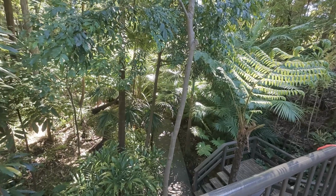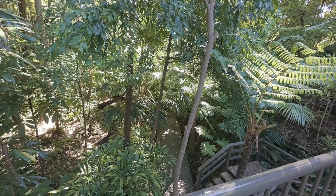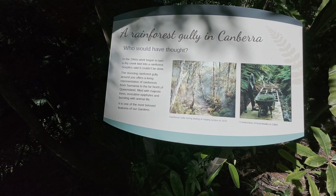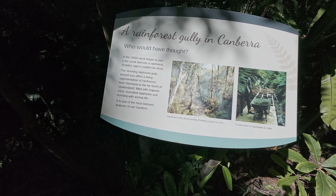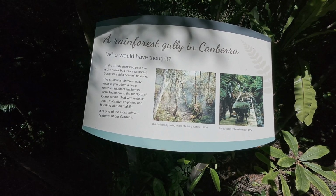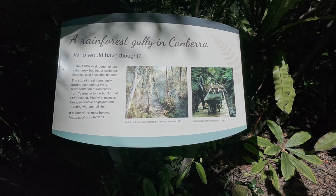And I think that we can walk to the entrance or the other end on a similar path, not this one, but a similar one that also goes in the valley. This actually shows how it was created in the 1970s. They started to test how people can make this rainforest, like in North Queensland or Tasmania. And then in 1984 they started to build this wooden path,